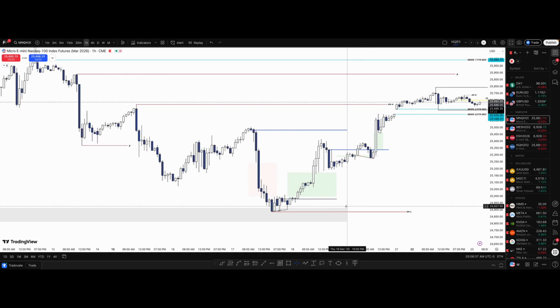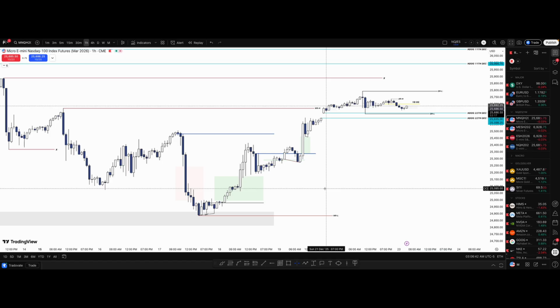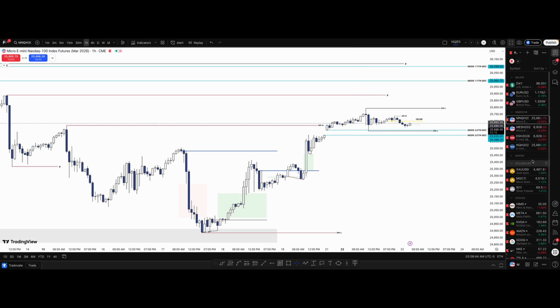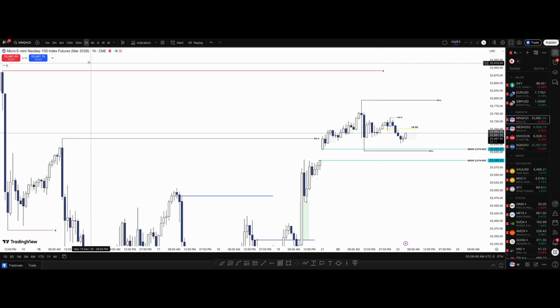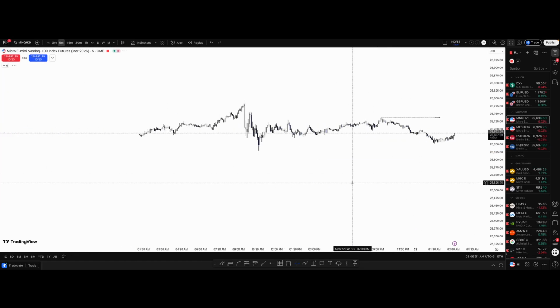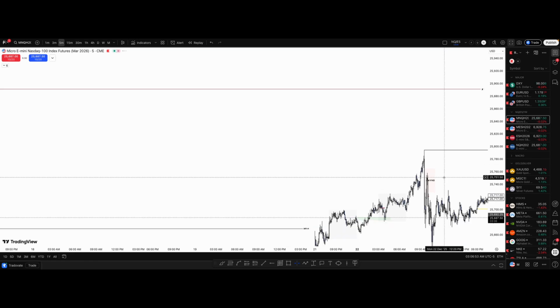How do I show you? Do I have an example or not? Suppose yesterday's price action, alright? Yesterday's price action, which means